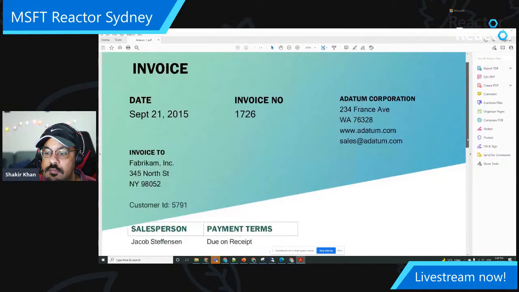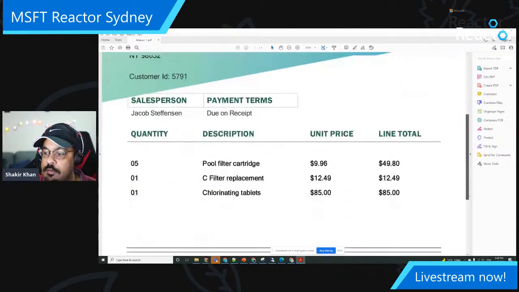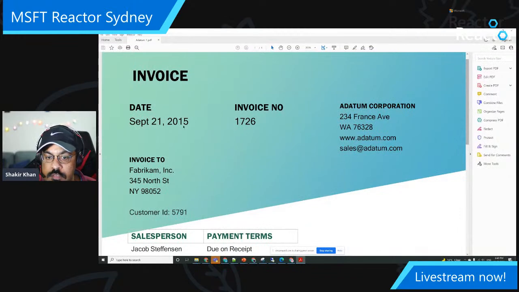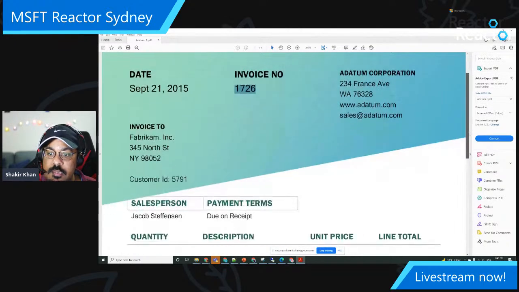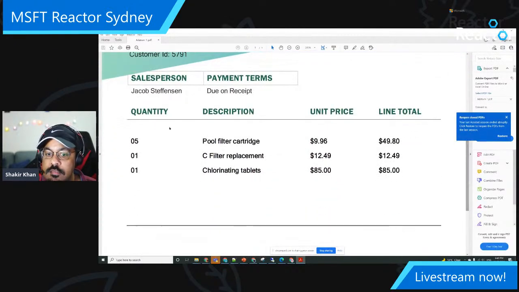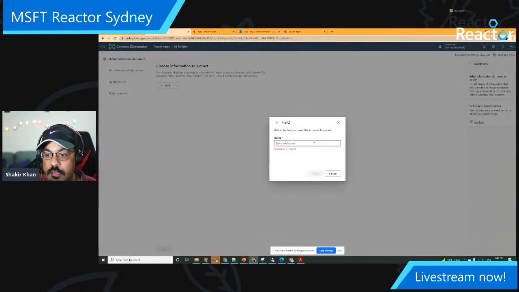All right. So consider that this is one kind of an invoice at my end. This is one type of data which I have. This is the text field or the text data, and this is the tabular data. The tabular data is contained within that invoice, but the AI model needs to understand which data comes in tabular format, and which data is contained as a single text format. So what I will do is go into my form again and then just say